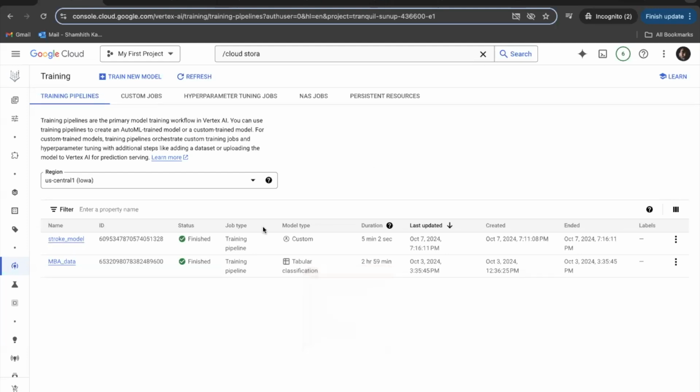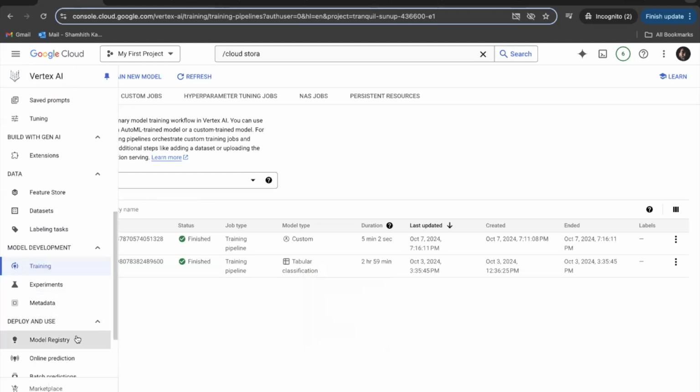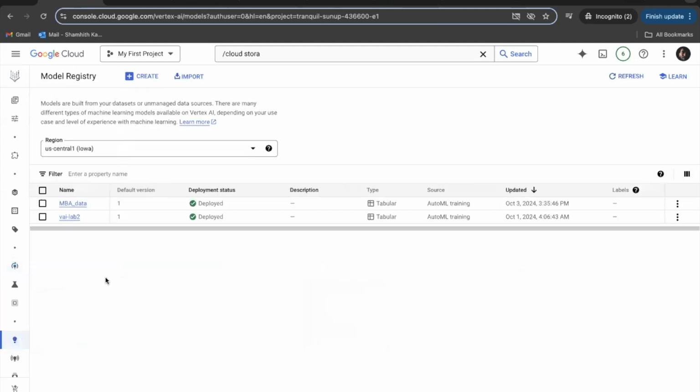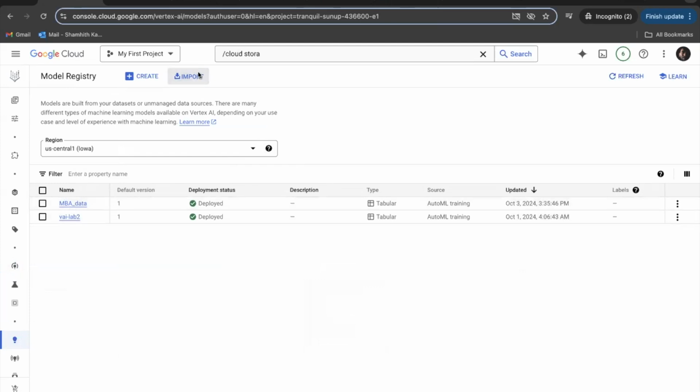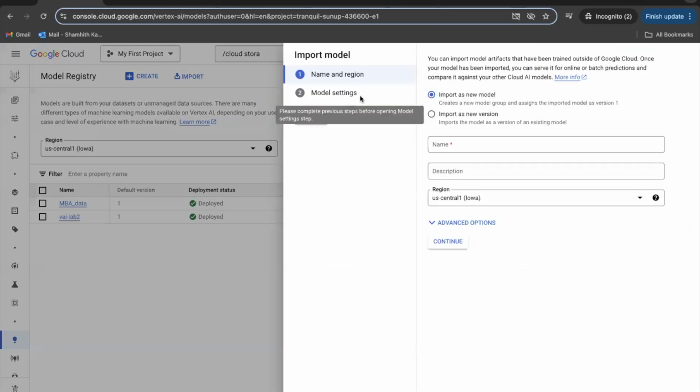Now you can see the training job is finished. Now we just have to deploy this model to an endpoint and get an online prediction. Now go to model registry. Since you haven't used AutoML here, you'll not be able to find the trained model. So you can just import the model,